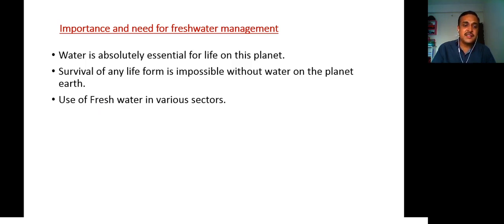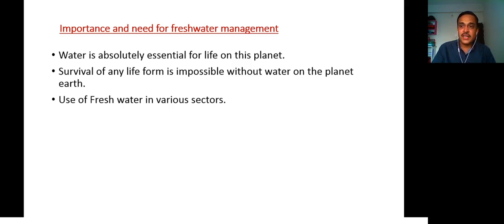Again, this water is useful for different types of sectors or purposes. So in our unit three, we are again going to study the uses of fresh water in a very brief manner or in a very detailed manner. So the importance and need of fresh water management becomes one of what we call a challenge